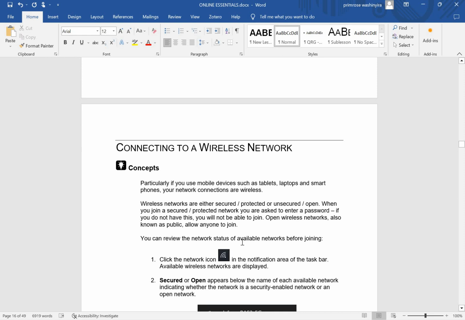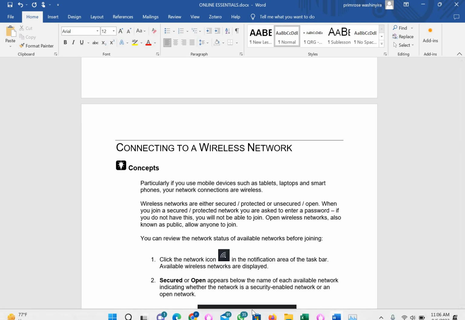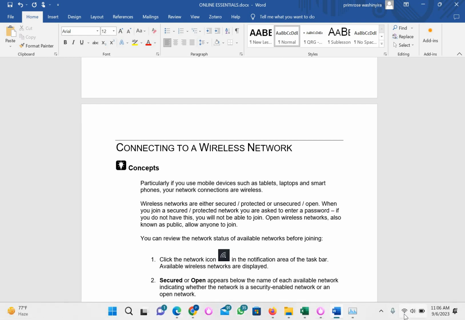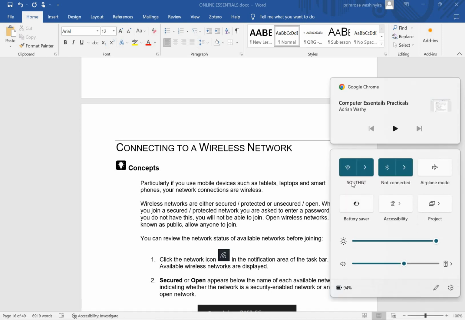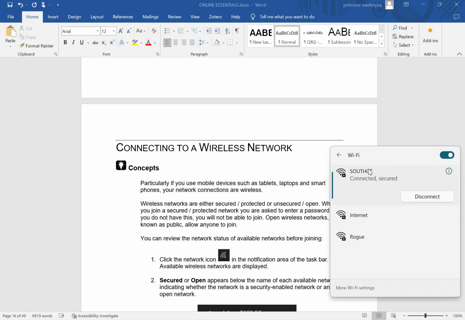But how do we connect to a wireless network? To connect to a wireless network, if you've got a wireless enabled computer, you go to your taskbar. At the far right, you find the wireless icon there. If you click the wireless icon, it will give you the name of the wireless connection or the wireless network. And to show that your network is a secured network or it is an open network,